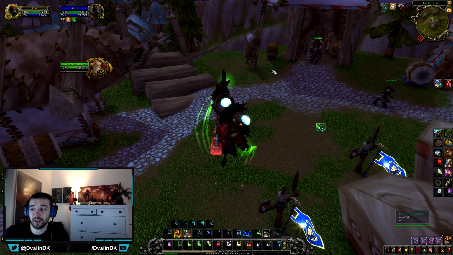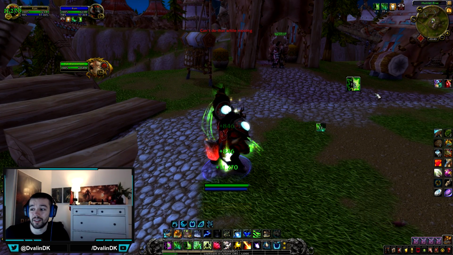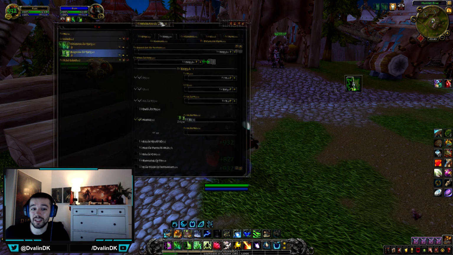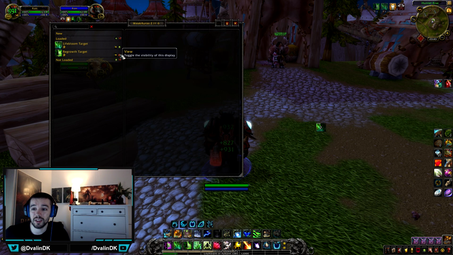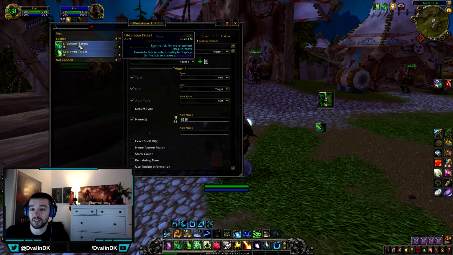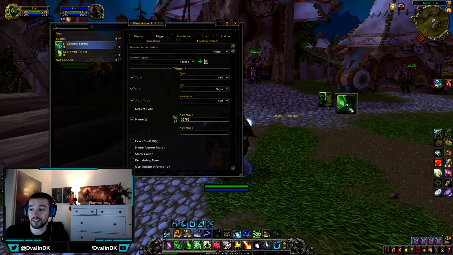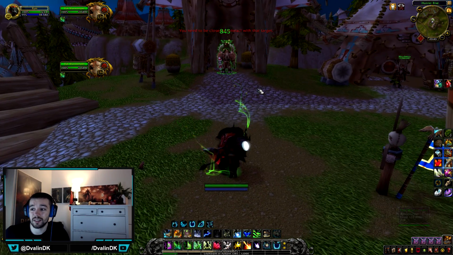So now every time I use life bloom on a target and I use regrowth on a target, I'm now able to see it out here in the border. Let me just double check here. So you can see here, this one here makes it a bit bigger. There we go. So if I cast life bloom now on this guy,